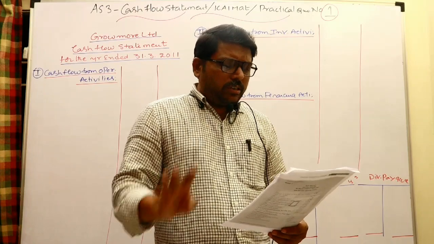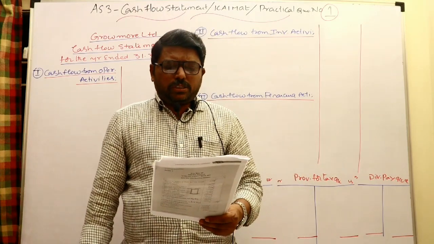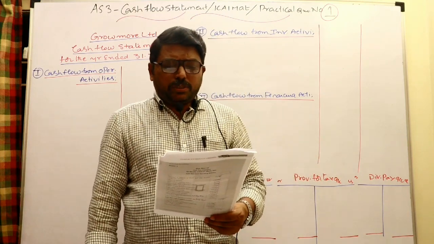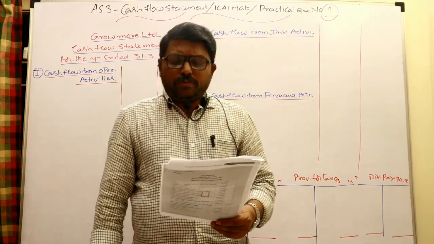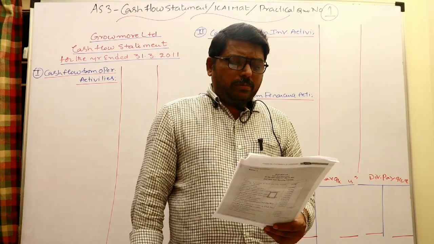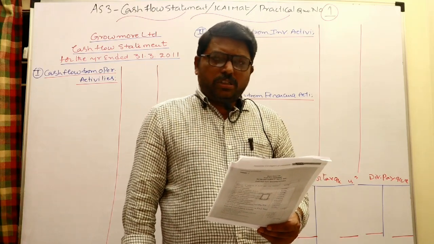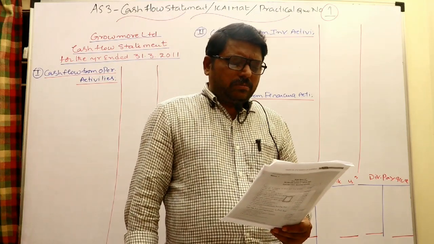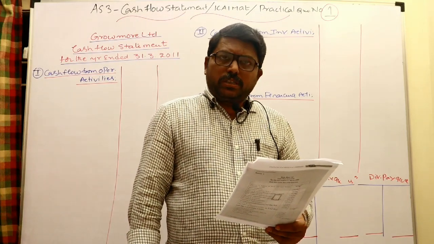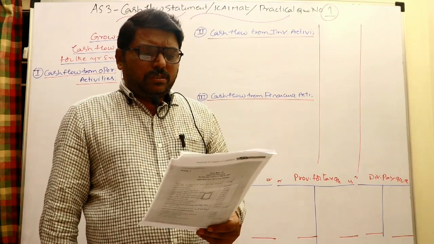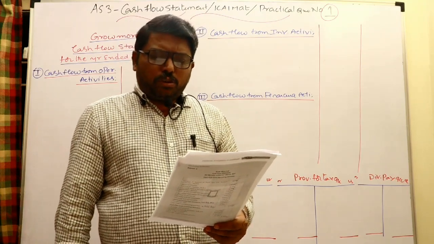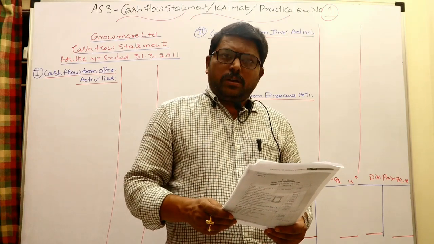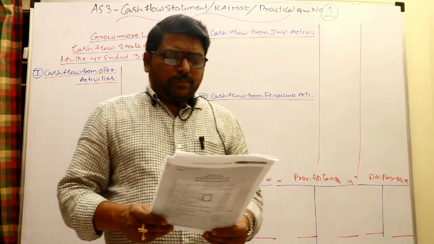Next point, 4 adjustments given. One, depreciation at the rate of 25% was charged on the opening value of plant and machinery. Depreciation 25% charged on the opening plant and machinery, for which depreciation is accounted at the asset account. At the end of the year, an old machine of 50,000, but its written down value 20,000 rupees, sold at 35,000 rupees. 20,000 written down value asset sold at 35,000 means there is a profit of 15,000.